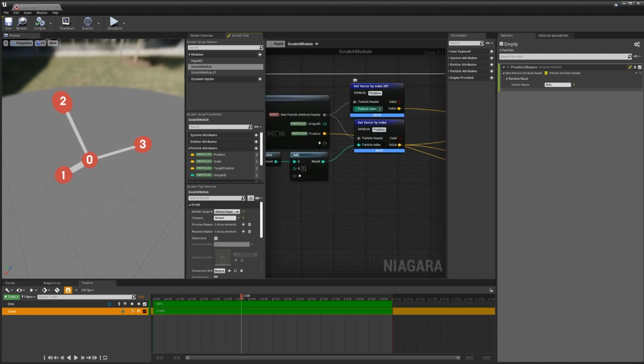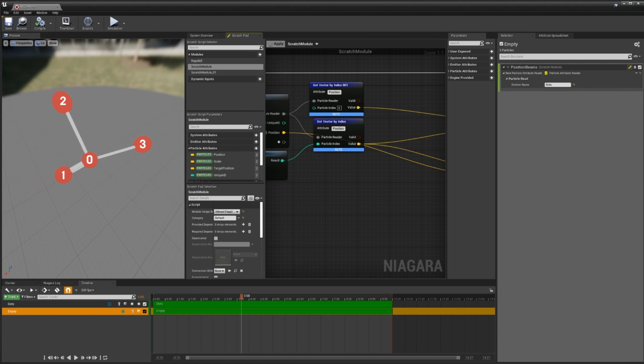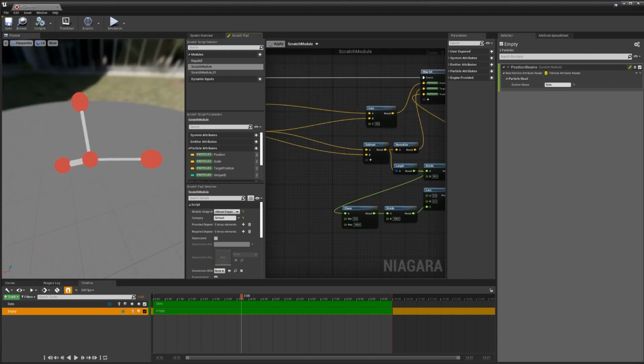This means that we will never get a connector trying to connect 0 to 0, and as long as the number of spawned spheres is 1 more than the number of connectors being made, we'll always have the correct number of spheres to connectors.